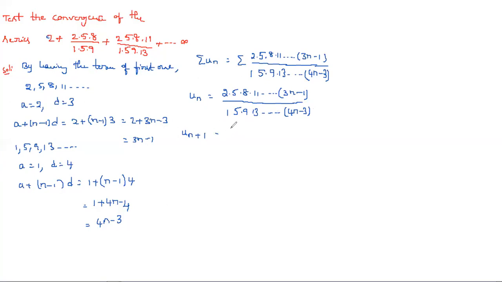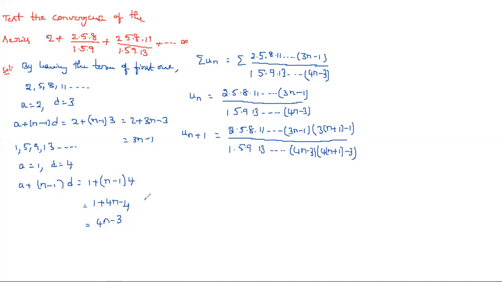This is the nth term; the n plus 1 term is 2 5 8 11 and so on, 3n minus 1, into, in place of n we substitute n plus 1, so 3 into n plus 1 minus 1, which is 3n plus 3 minus 1, that is 3n plus 2, by